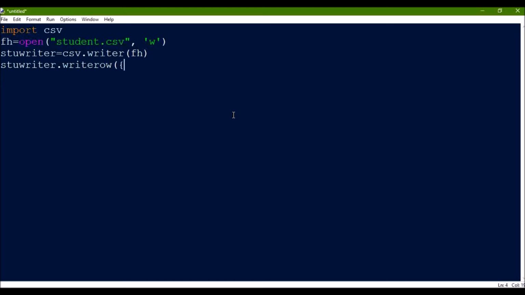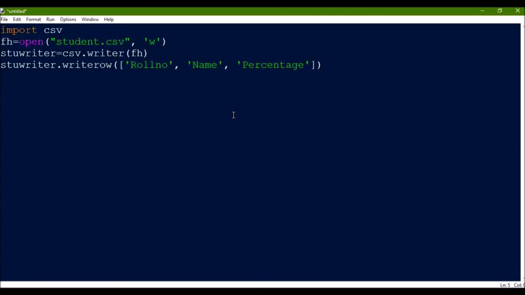The first column name I want is roll number, then name, then percentage. These are already given to me in the program, so I'm just using the same column names.